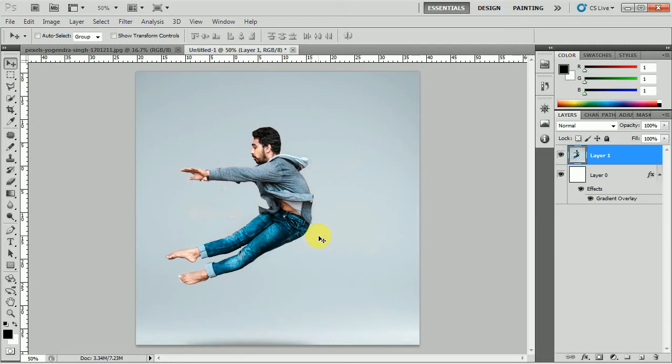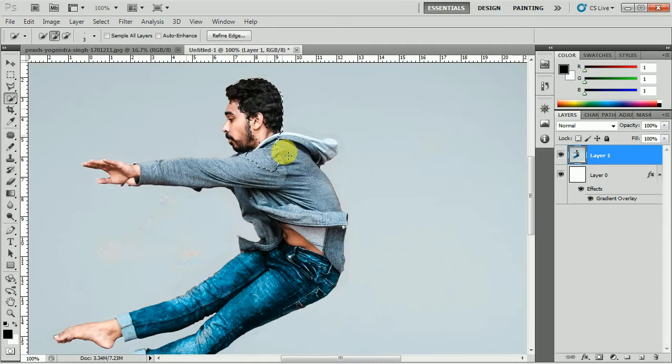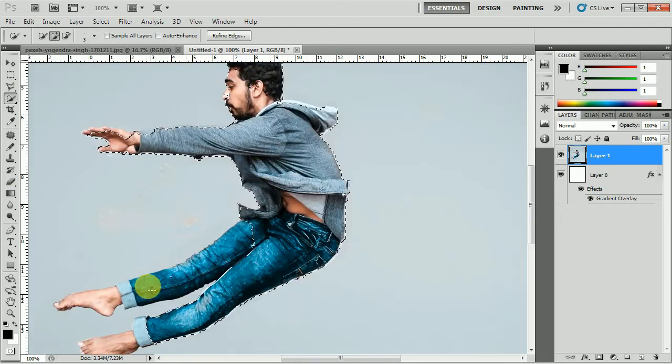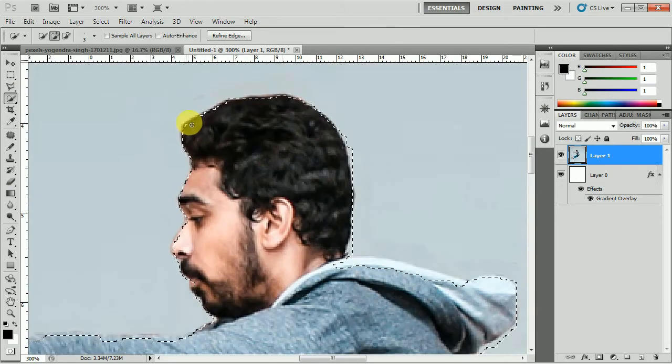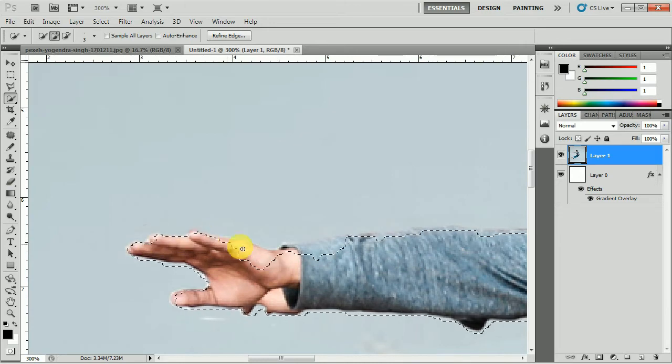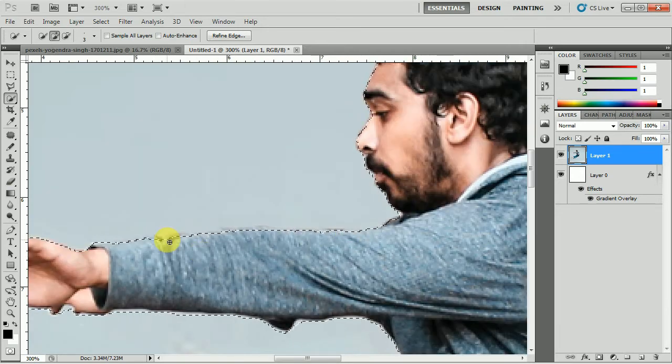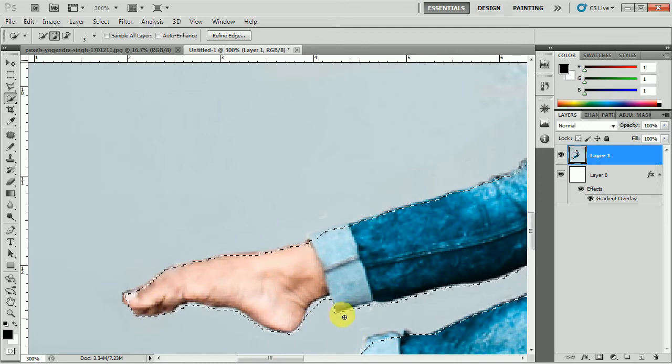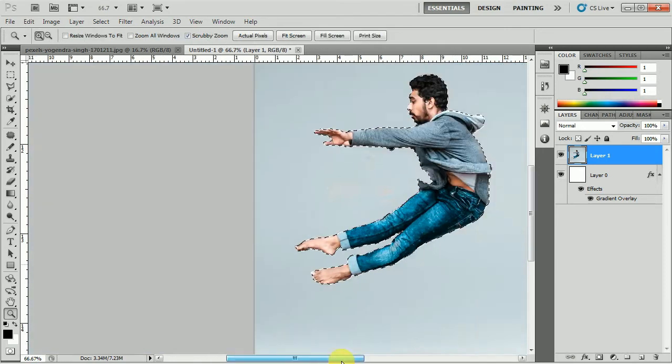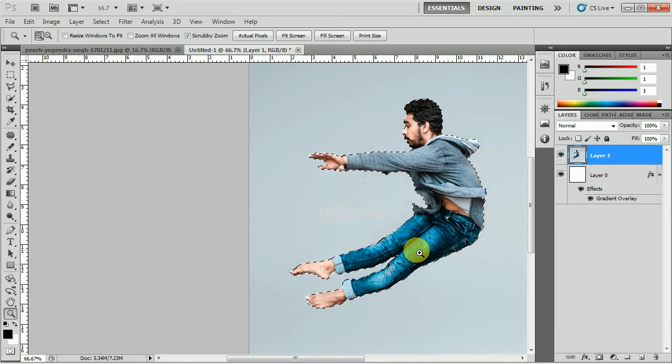After that here comes the main part, which is the quick selection, and we will be doing it with the quick selection tool, or you can also do it with the pen tool if you want. So let's start with it. I will do it a bit fast. Now that our selection is done, we will